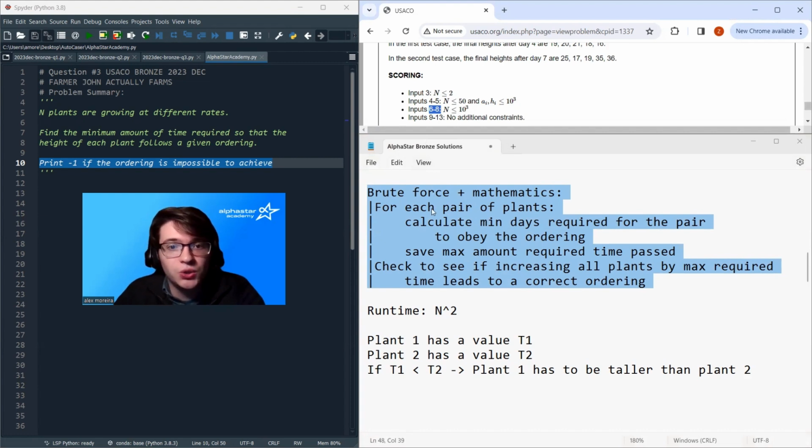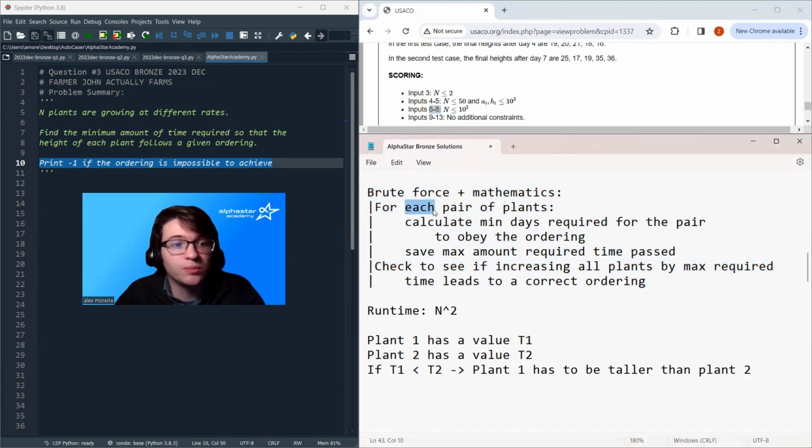And we want to pass over the plants once, right? So we can't afford to loop over all pairs. We have to go over the plants exactly one time. And the idea here is,